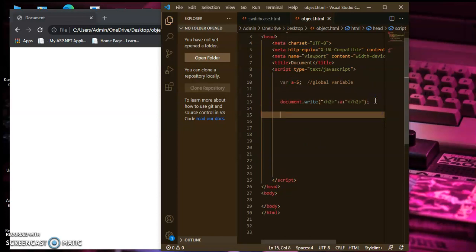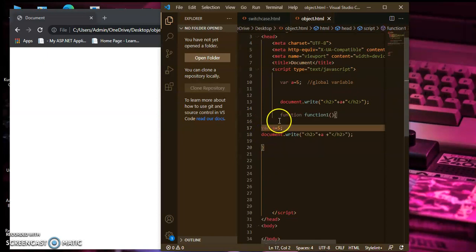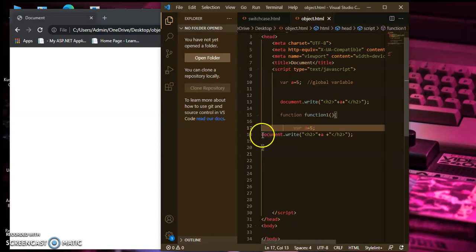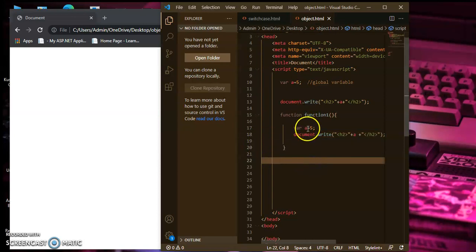A local variable is whichever variable you create inside of a function. You can see here I have written this function kd, and inside of that function I have created a variable with a value and a statement for that variable.